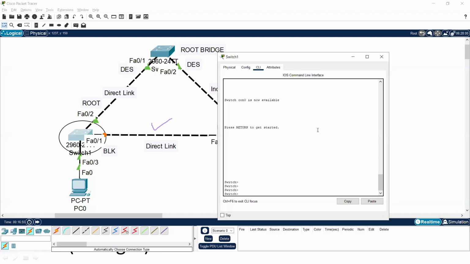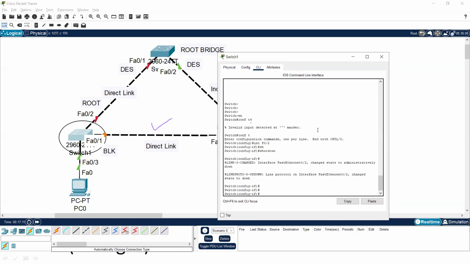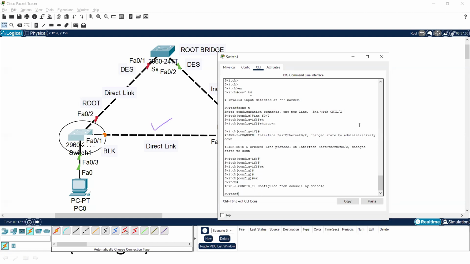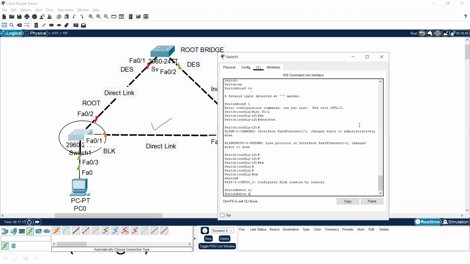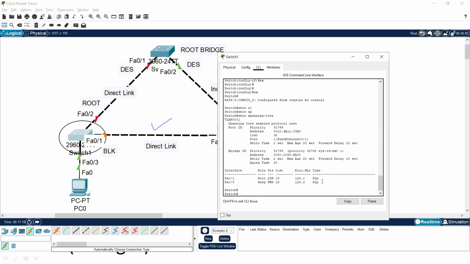Okay, so enable, configure terminal, interface f0/2, shutdown. Okay, let me go to the configuration part, show spanning tree. You can see it is still in listening mode. Then it will take